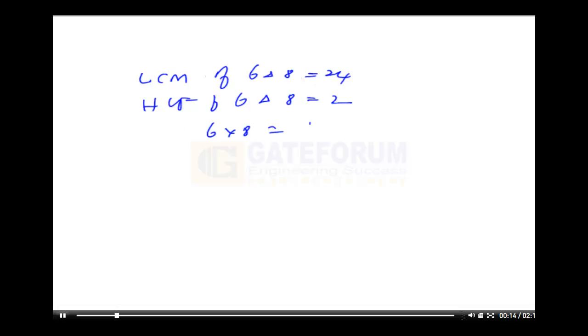Difference between LCM and HCF. LCM of 6 and 8 is 24. HCF of 6 and 8 is 2. If we multiply 6 and 8, we get 48. If we multiply 24 and 2, we get 48. Which means